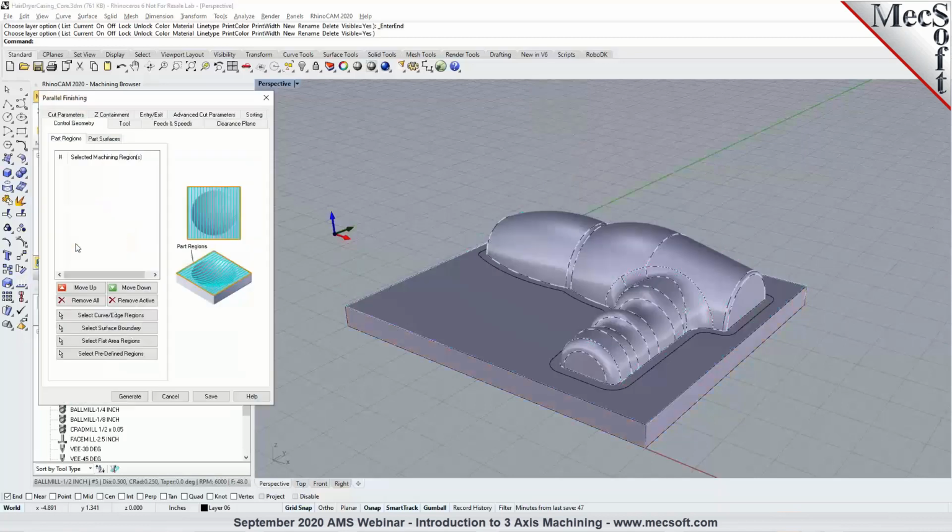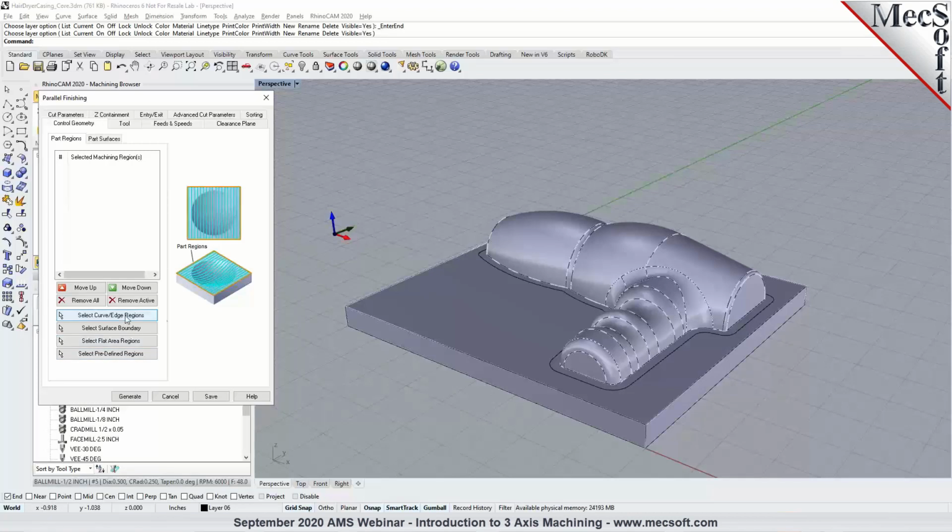The machining region could be a closed curve, which you could select under part regions. It could be a surface boundary, where you can pick a surface and then RhinoCam automatically extracts the edges, the boundary curves along the surface, or it could be selecting flat areas or even a predefined